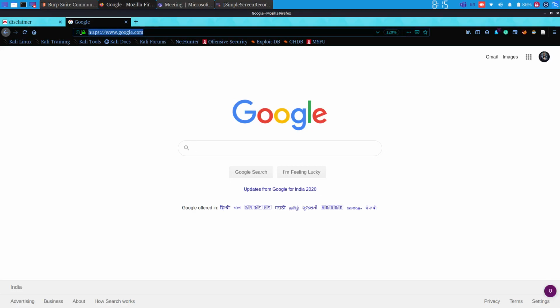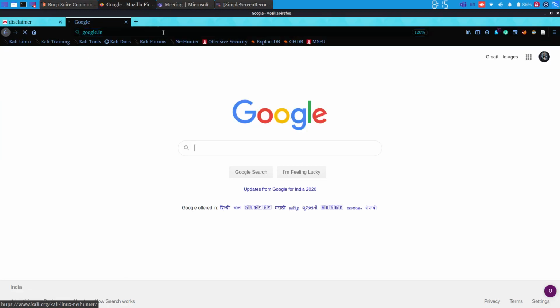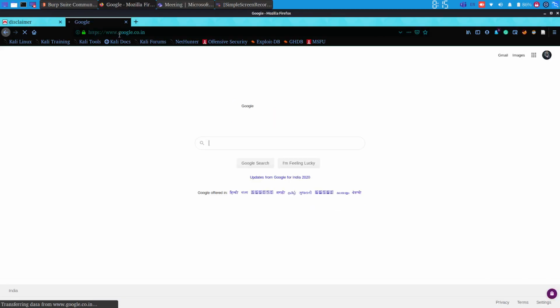If I try to open google.in, it opens www.google.co.in. So we can see there is a redirection. Whenever we try to open something and we get something else as a response, this is called redirection.